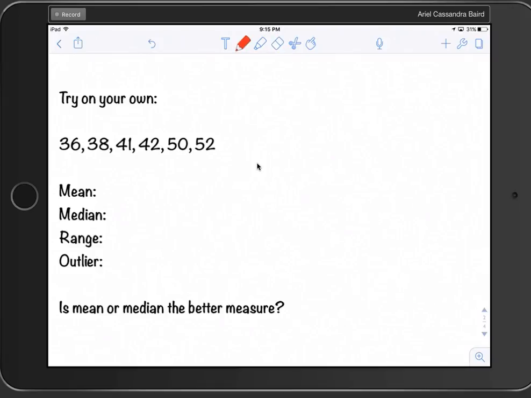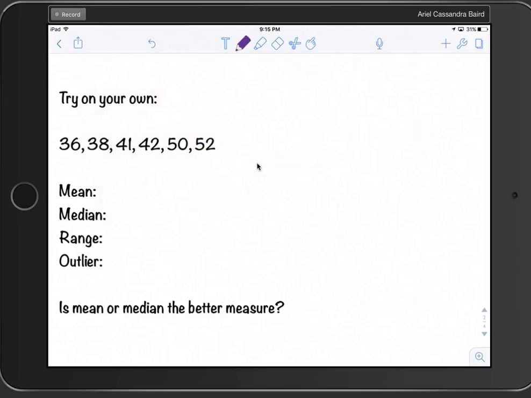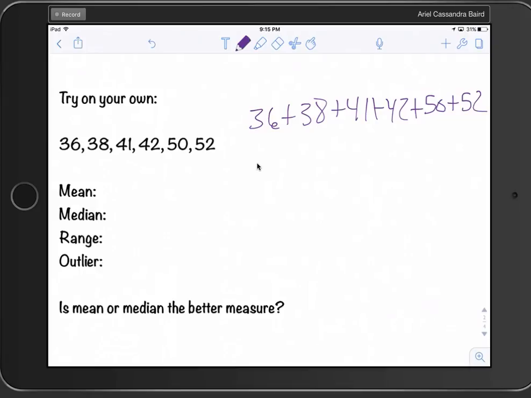Okay, hopefully you pushed pause and figured out what you had to do and calculate for this data set. So for the mean, what we did was we added all of the terms. So we did 36 plus 38 plus 41 plus 42 plus 50 plus 52. And that equaled altogether 259. And then we divide it by the number of terms that we had. We had 1, 2, 3, 4, 5, 6 terms. So 259 divided by 6